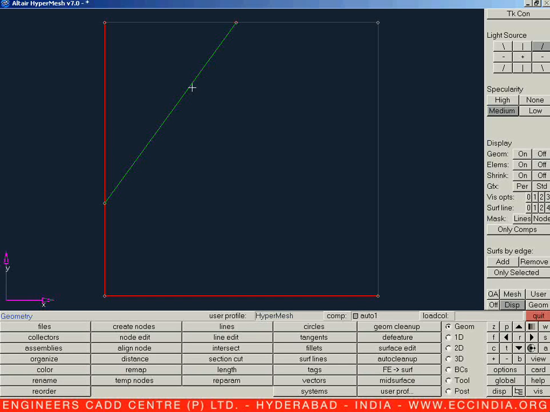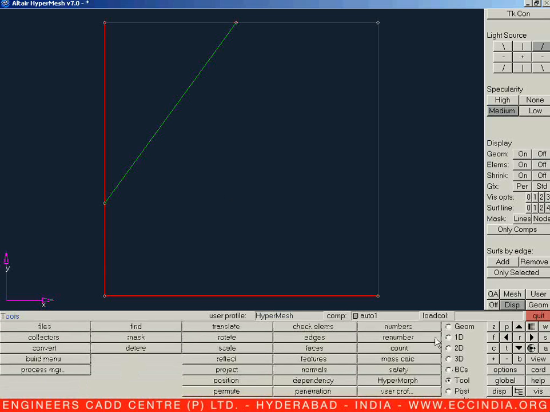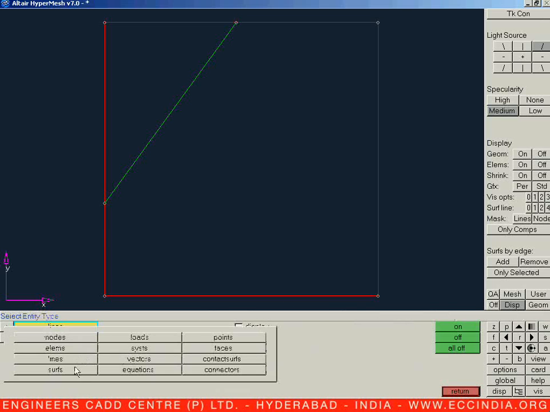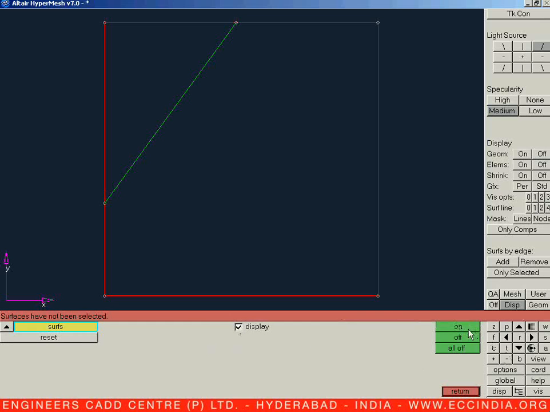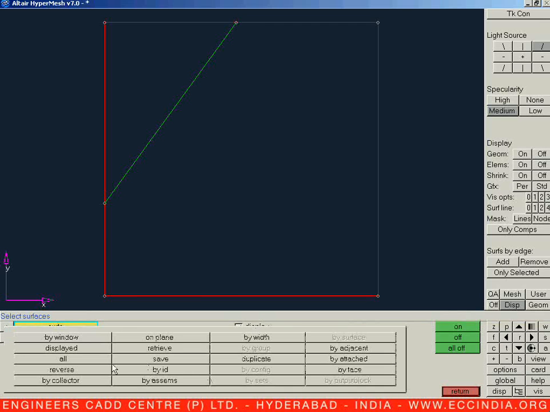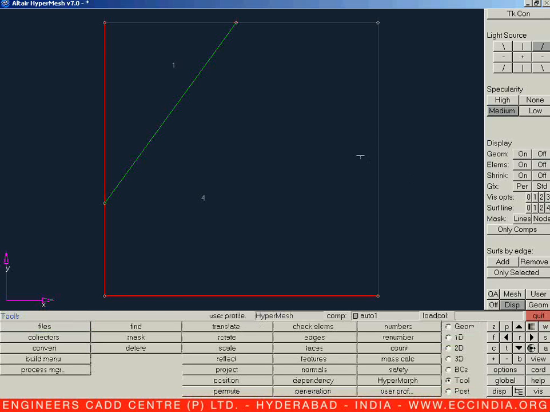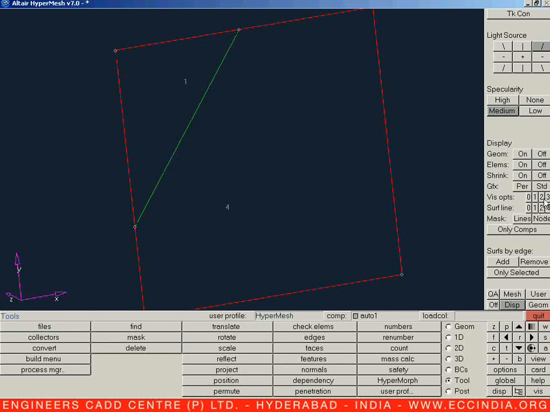Shared stands for a common edge between the two separate areas. If we are going for that kind of situation, let us say surface display on. Now we can see we have two different areas. Let us see in wireframe, area number 1 and area number 4. Area number 1 has a triangular shape with two red boundaries which are free, which do not have any kind of attachment with any other surface.